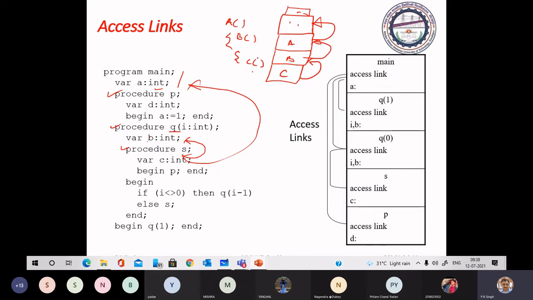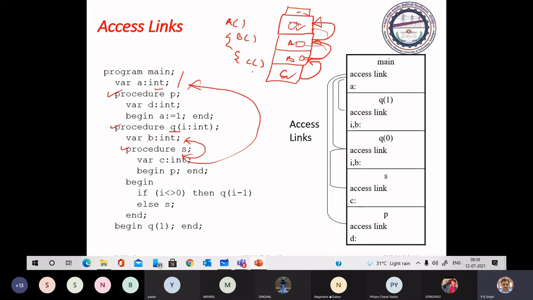Okay, that will take time, it is time consuming. Why? Although all the variables are visible in this procedure or function, to refer to a variable from here, first you have to try to access it here. If it is not available here, you will use the access link and go to its mother procedure, again use the access link, and then you will find the variable. So this is time taking.